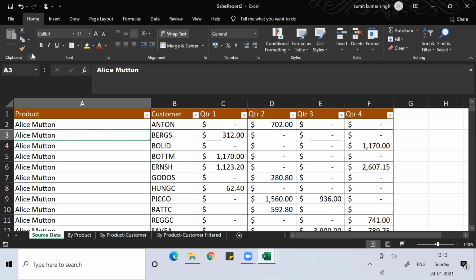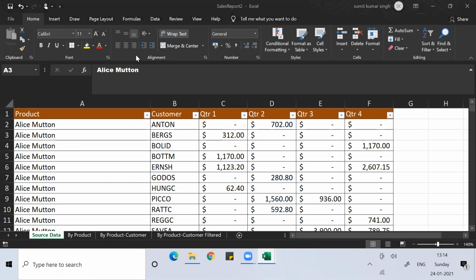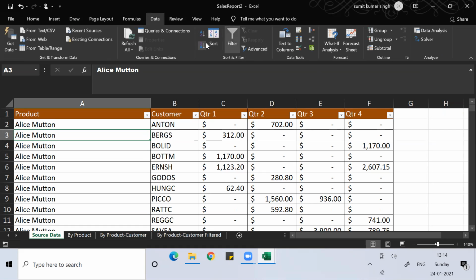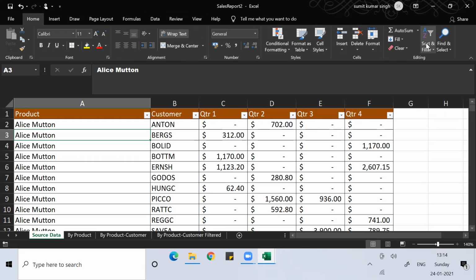Or you can find filter under Home, where you can see Sort and Filter. Or if you go under Data, sort is separate here, filter is separate here. But under Home, sort and filter are together.